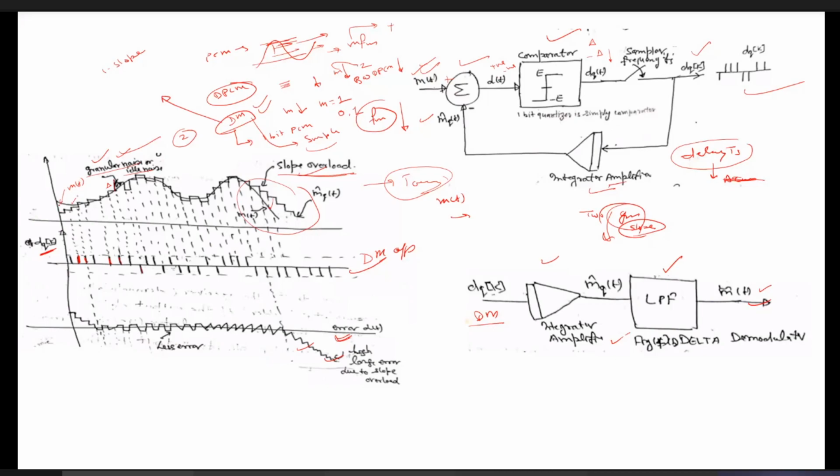So if m(t) is greater, then there is a step up. If m(t) is less, then there is a step down. You can see that, depending upon the sampling frequency, if you compare m(t) with this staircase function, here m(t) is more, so there is a step up. Here still m(t) is more, so there is a step up. It will keep taking steps up until it matches m(t). When it matches, if m(t) is slightly less than the staircase function's value, then there will be a step down, so that it can continuously follow our original message signal.